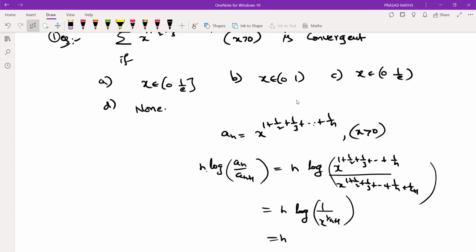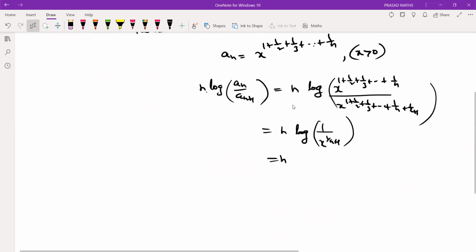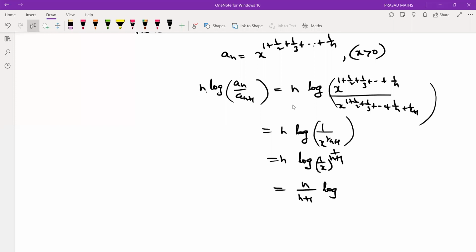That is exactly n into log of 1 by x whole power 1 by n plus 1. That is exactly n by n plus 1 log of 1 by x. Right? So this tends to, n by n plus 1 tends to 1. Therefore, this tends to log 1 by x as n tends to infinity. Therefore, our given series is convergent